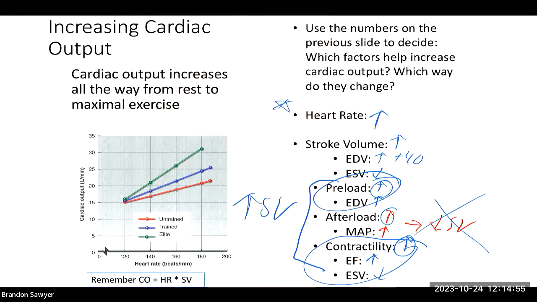I didn't even really get into it, but there's something called Starling's law of the heart, which pretty much shows that as we fill up the left ventricle more, there are three primary mechanisms that make your heart contract a little bit harder because of that more blood. Number one is that the heart's elastic. So the more we stretch it out, the harder it bounces back. Okay. Number two is that